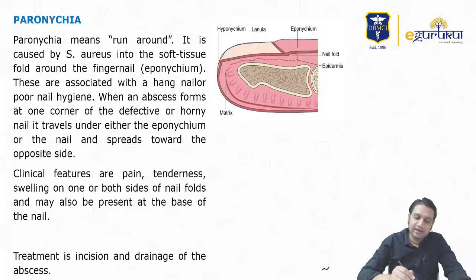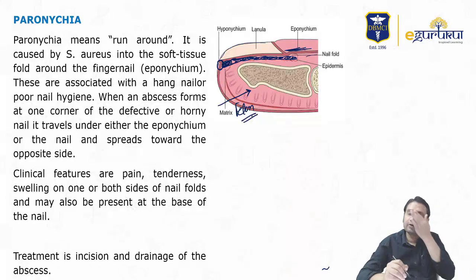Here you have the nail, and the area below the nail is what you call the hyponychium. Above the nail, underneath on the back side, is what you call the eponychium, and this one is your nail bed. This is the bed of the nail. So infection occurring here at the bed of the nail is what you call paronychia, and infection occurring in this pulp space is what you call felon.